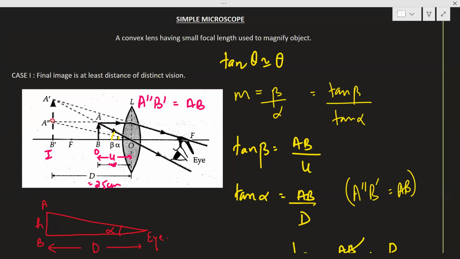This point is just chosen, a point is just chosen parallel to the object so that we can figure this triangle. That's it. No need of this. You can avoid this A dash also. Cut it, don't write it. Just simply draw image, object. And human eye, see now the light rays will enter the human eye, so we are able to see the image enlarged. This is the object distance. This is 25 centimeter image distance. This angle is beta subtended by image on the eye. And this is object subtending, which is alpha, which I have drawn separately because both are at the least distance of distinct vision. Is it better now, or should I repeat anything?